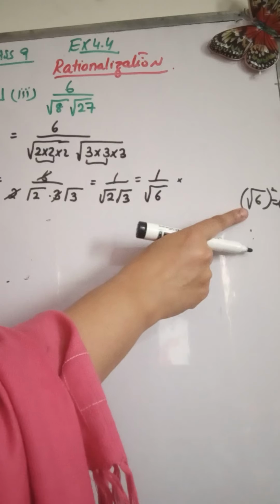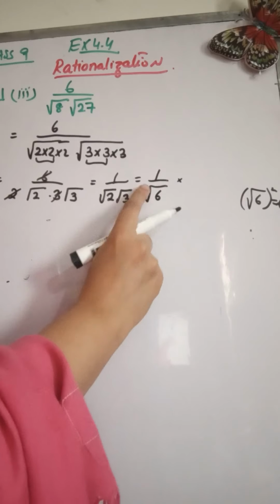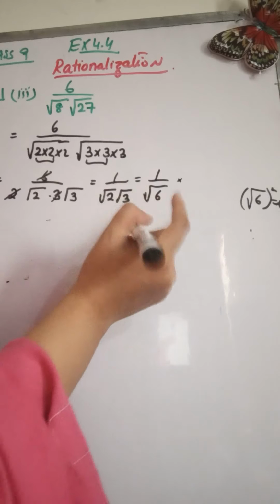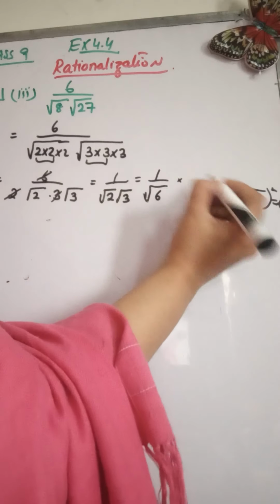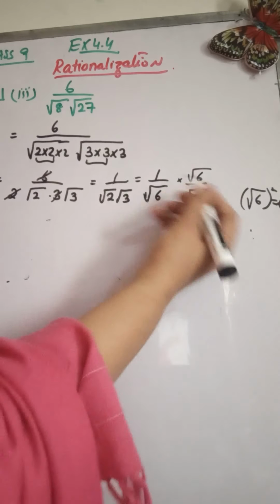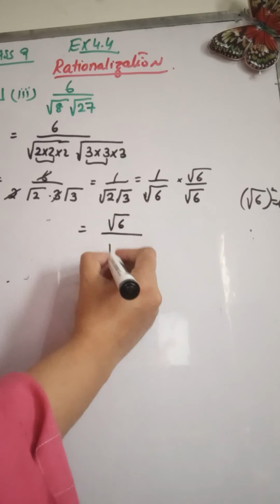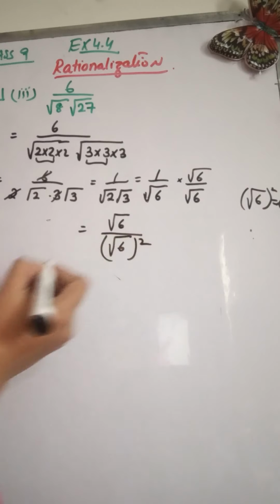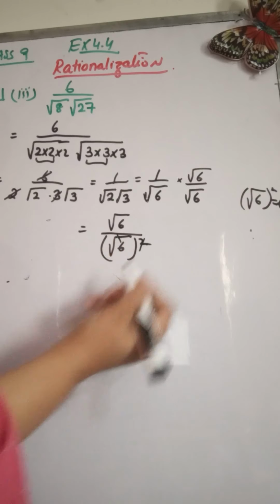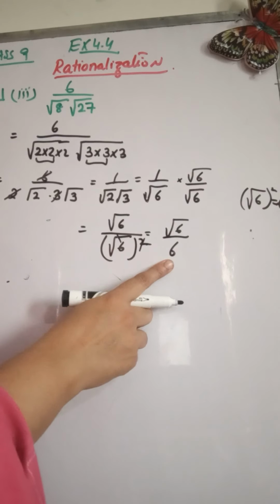Okay, it will remove the radical sign, and which will remove the irrationality of this number, because the irrational number comes because of this square root sign. Otherwise, 6 is a rational number. So we multiply the denominator as well as the numerator by under root 6 over under root 6, and we will get under root 6 over under root 6 into under root 6, which will be under root 6 whole square, and this root will be cancelled with the square of it, and we are going to get under root 6 over 6. So here we have rationalized the denominator.